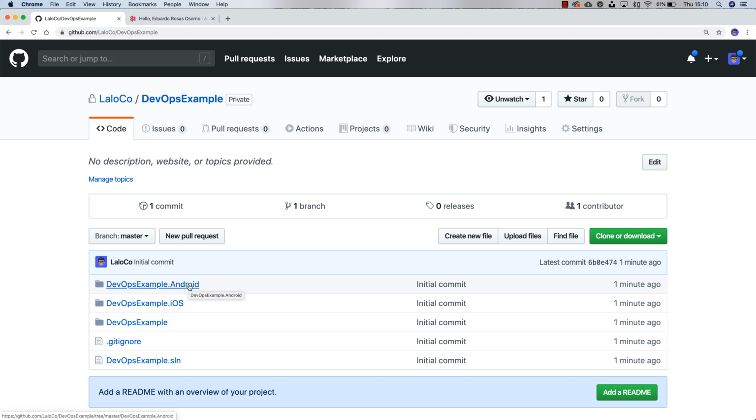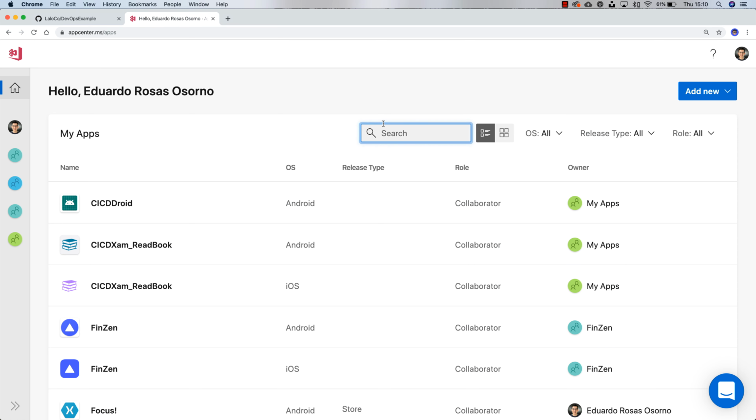Now, the interesting thing and the one related to DevOps starts now. So we're going to be using App Center. This is a tool by Microsoft that makes it really easy for us mobile developers to not only implement continuous integration and continuous delivery, but also continuous testing or continuous quality, as they like to call it, and some other very neat features such as push notifications and databases and user authentication, and even things like bug tracking and event tracking, which is very helpful if you're doing some sort of product discovery, but let's just focus on the mobile